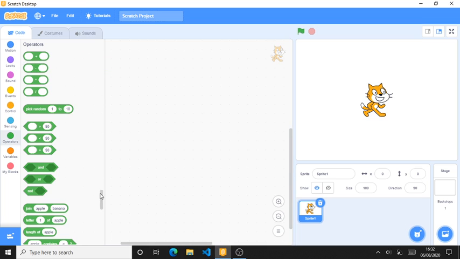Now let's come to our fifth block here, which is pick random 1 to 10. This pick random 1 to 10 block here is completely depending on the computer. So what it does is the computer picks a random value between 1 to 10. So when I click that, it tells me 3. When I click that, it told me 1, 6, 3, 6, 6, 5, 6, 2, 7, 9, 9, 6, 9,